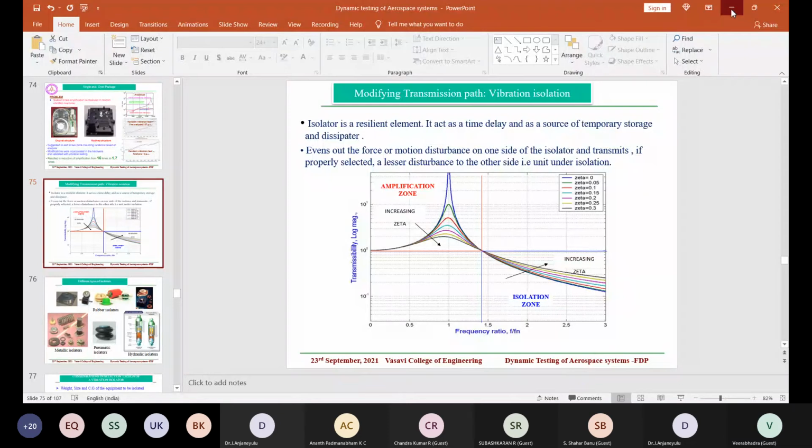Do we have any such case where an isolator is used within an isolator? One doubt was posed here: do we have any such case of a subsystem influence on the entire system, where a stage-wise isolator, like two stage, three stage, is used?